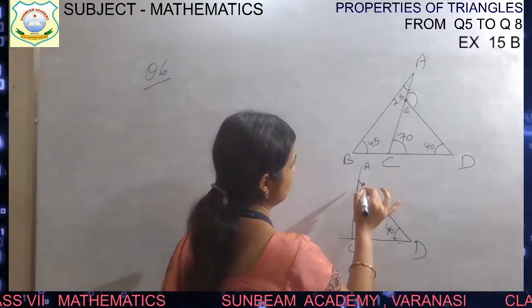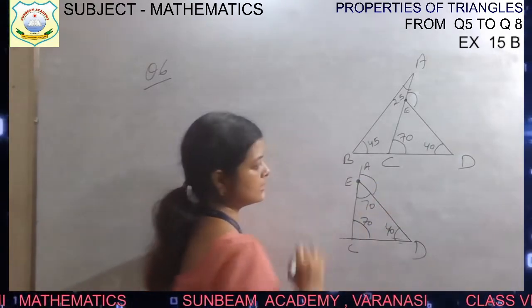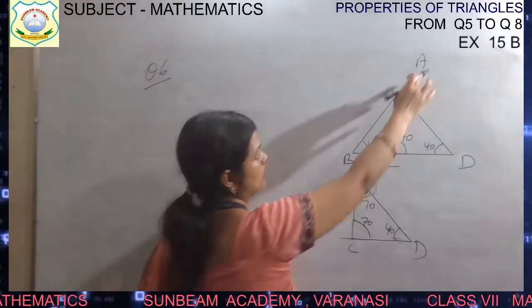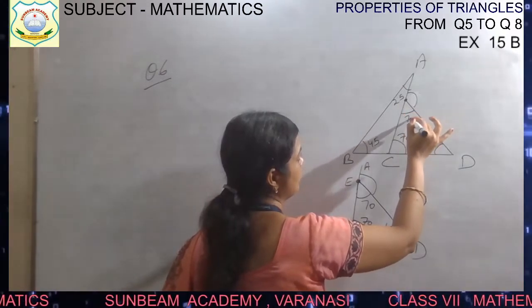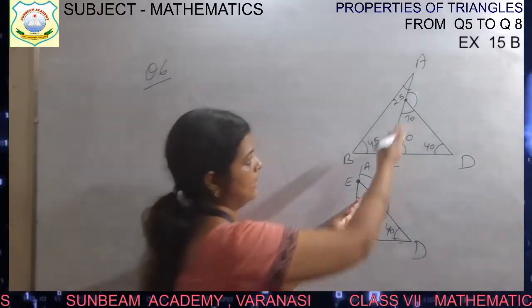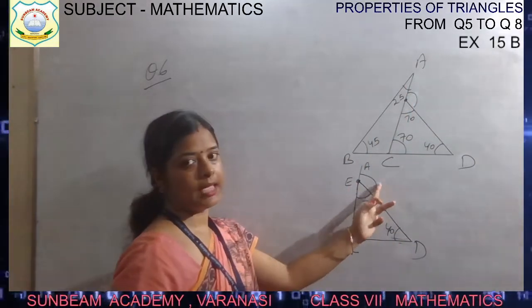A is here. So AE, this is E, this one is E, this is E. AED, ये हमें निकालना है. ऊपर का A, ये AED. So now if this is also 70 degree, this is also 70 degree. So I have drawn only this part of the triangle so that you can focus on AED only.